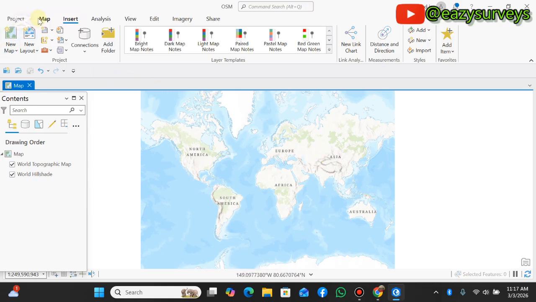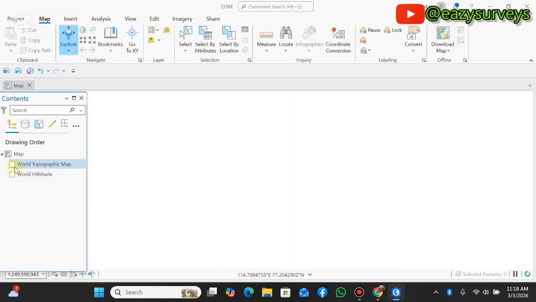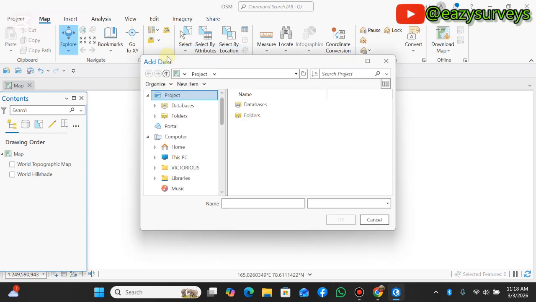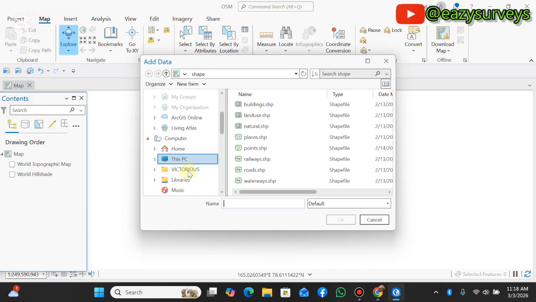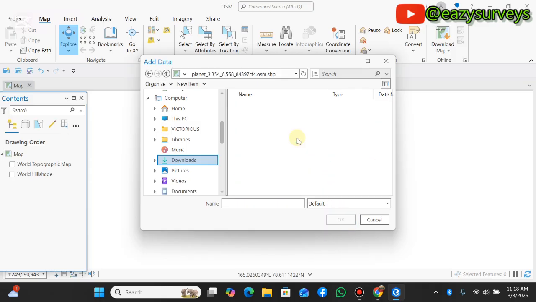Alright, so I'm just going to come to map so that you can have the advantage to add your data, and I'm going to uncheck these base maps. So I don't need the base maps. So you come to your add data icon, click on data, then you navigate to where you have your data saved. So I have it under my downloads, and here it is, planet 3.3 and all that. So you open it,